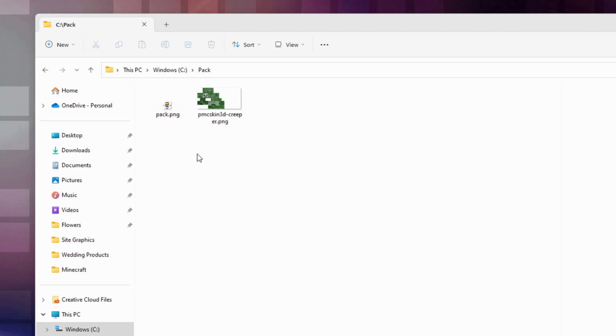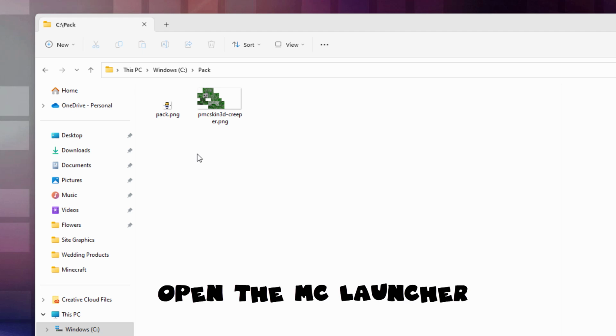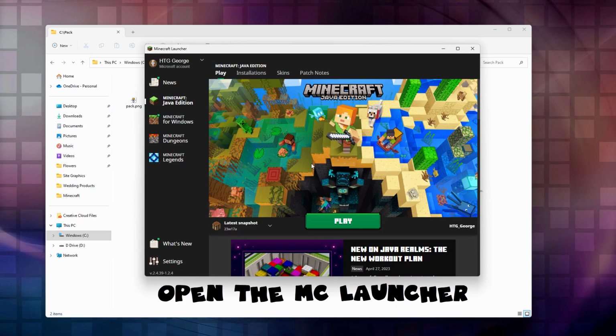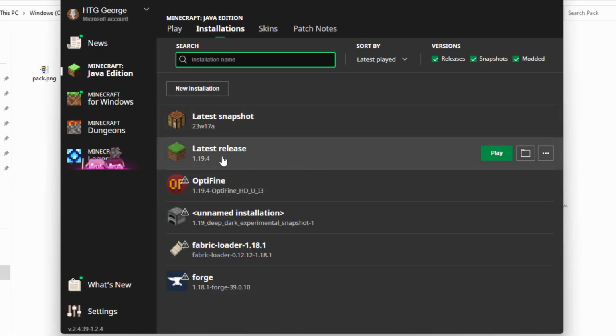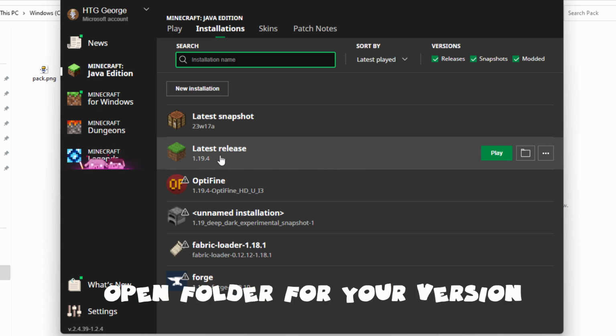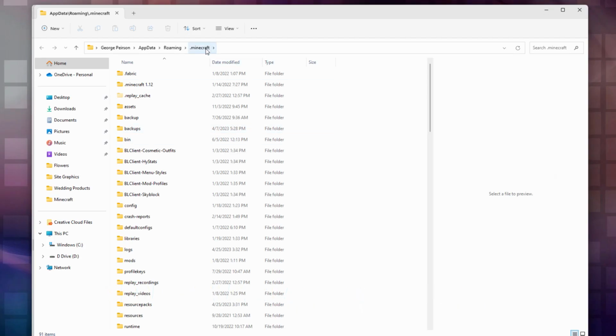Now to get the files that we need here to build this, to build up and make our folders and so forth, I'm going to bring up the Minecraft launcher. Here we go. Go up into Installations and choose what you're working on. I'm going to be working in the latest release here, 1.19.4. In about a month or so, we'll be seeing 1.20, but right now we're still at 1.19.4, so I'll be using this one. Come over here, click on that folder icon. And that brings up the Minecraft folder right